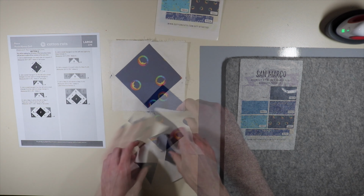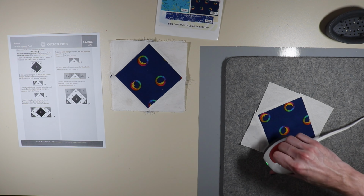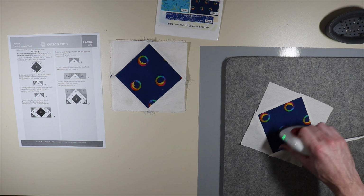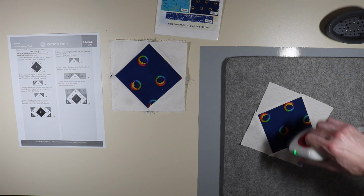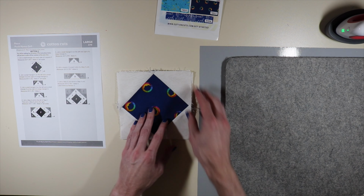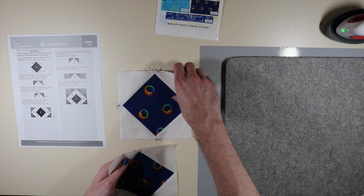All right, I have finished putting all 4 of those together, and I'm going to tell you, it felt a little weird doing this because my A fabric was actually overlapping. The first piece that I put on actually overlapped the edges of my F fabric. So it kind of felt weird, and I was having to kind of center my A fabric on my F fabric. And thankfully, you just got to trust the process because everything came out fairly well on my 4 pieces